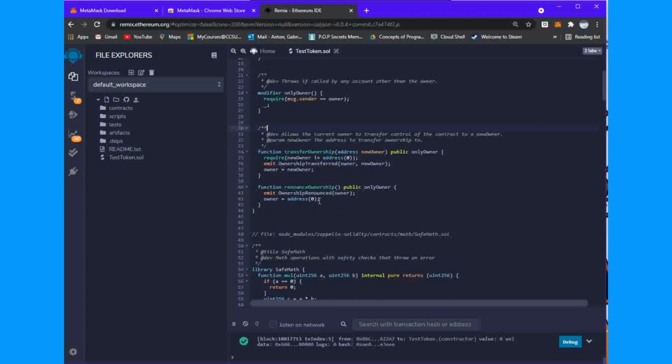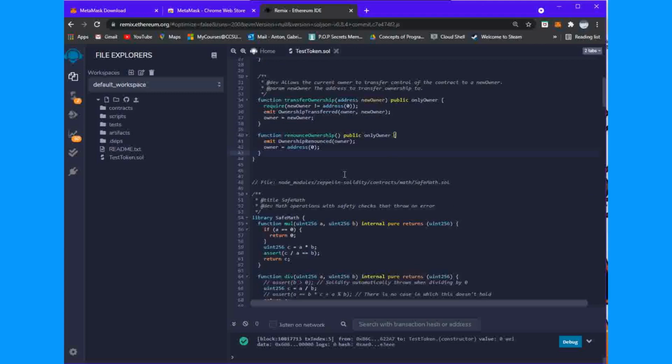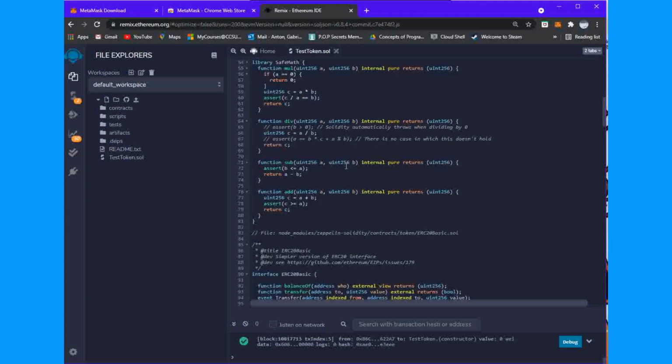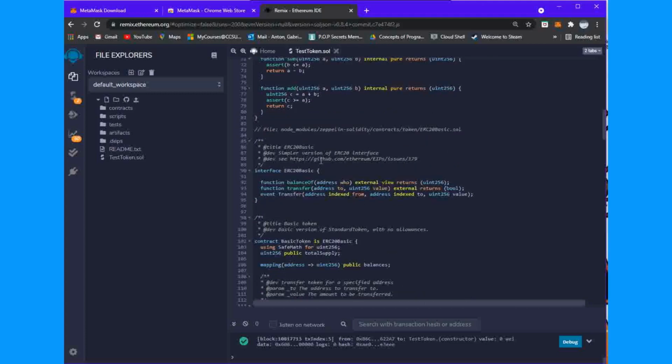So the next one should be announce ownership. If you want to announce your ownership, SafeMath is how you do math in a way to make sure there's no errors. Now there's an ERC20 basic